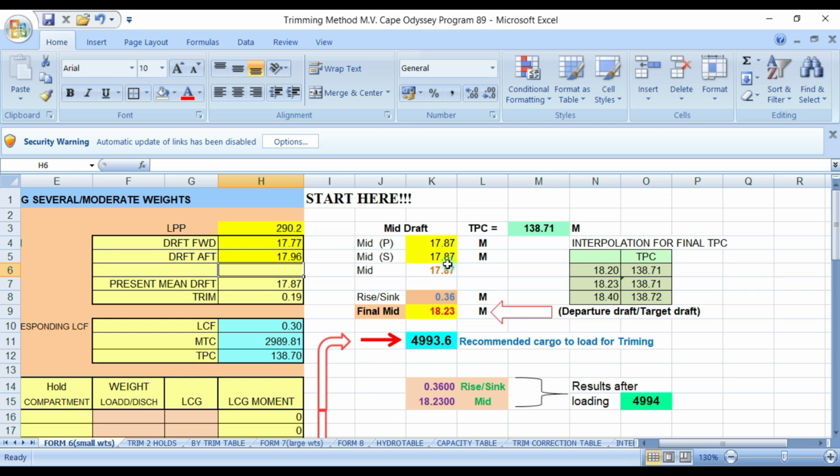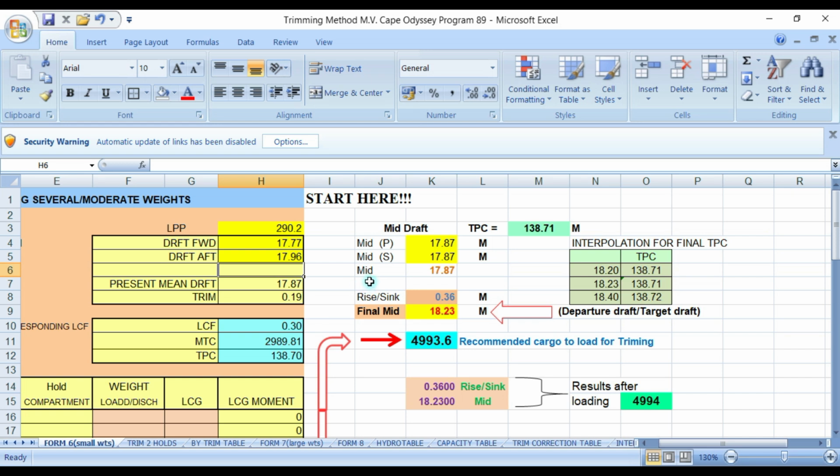So with this comparison alone, you know that there is zero deflection, so you don't have to go through the whole process until you completed loading. But looking at the initial draft that you made between the draft surveyor and yourself as chief officer, you can easily detect the deflection.